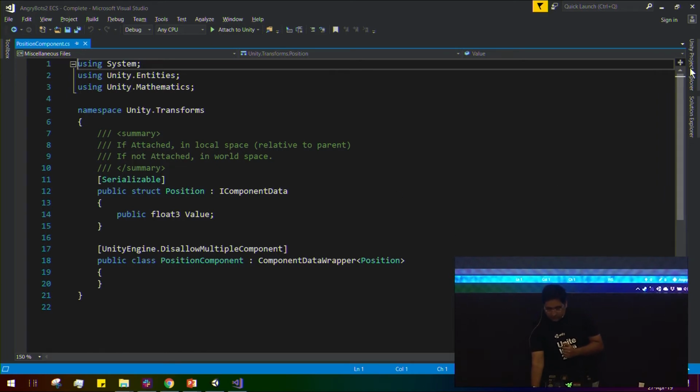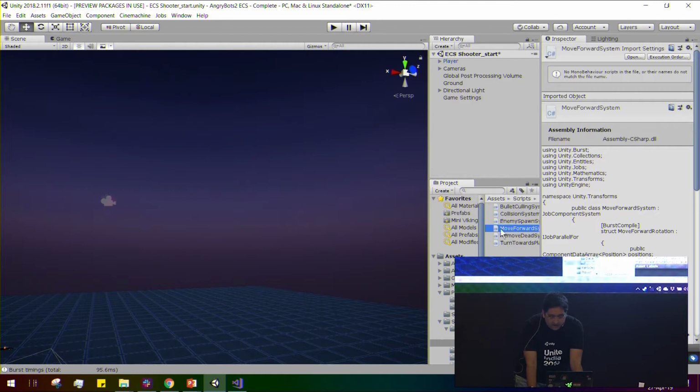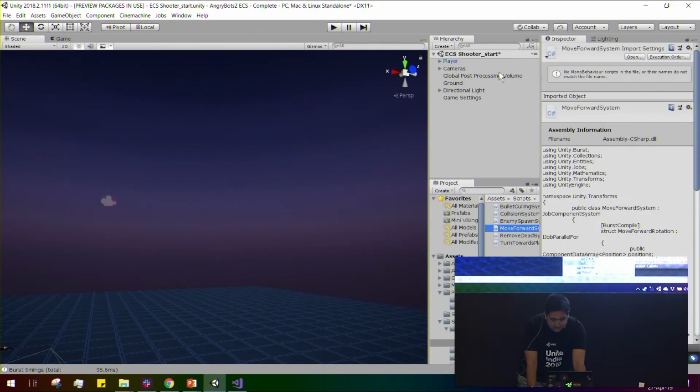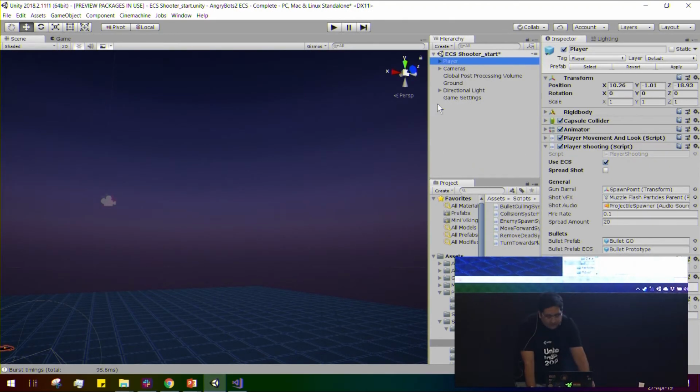What you can do there is use the Unity Project Explorer. Visual Studio will let me show that. You can access that through View and Unity Project Explorer, and it will show you the same hierarchy as the hierarchy you have for your Unity project here. Why is it unloading and reloading things? Okay,